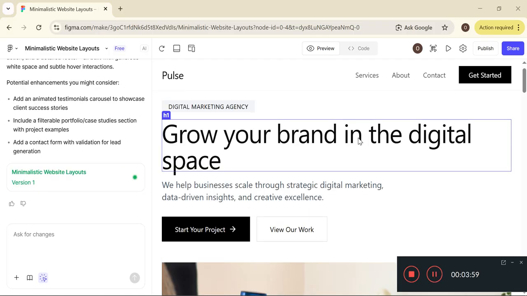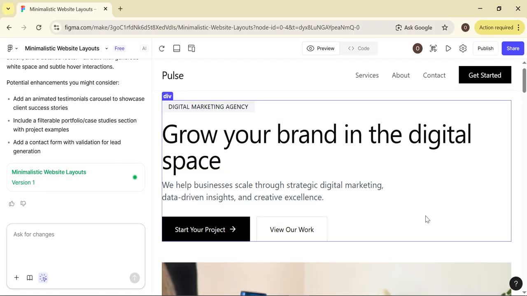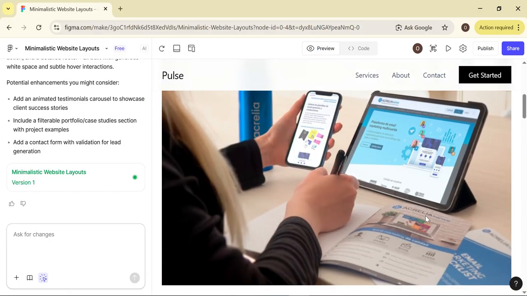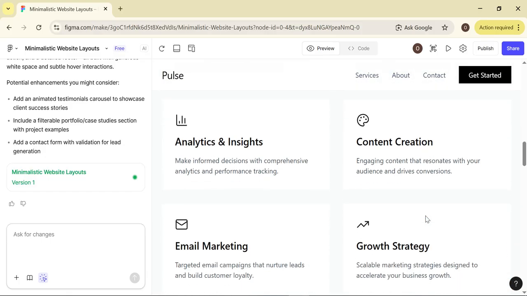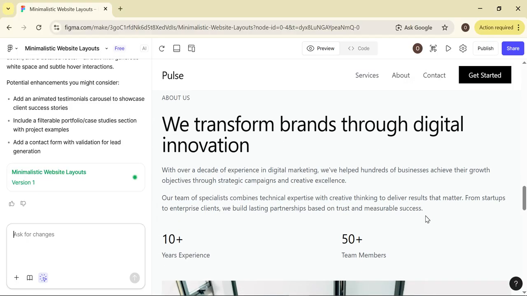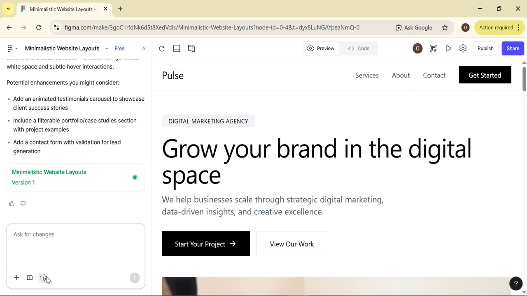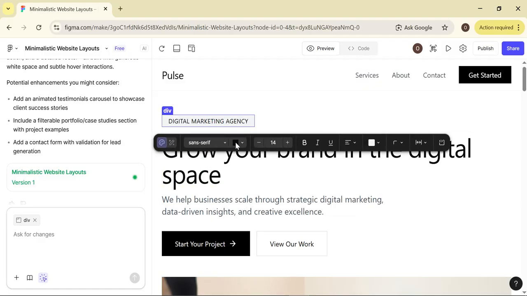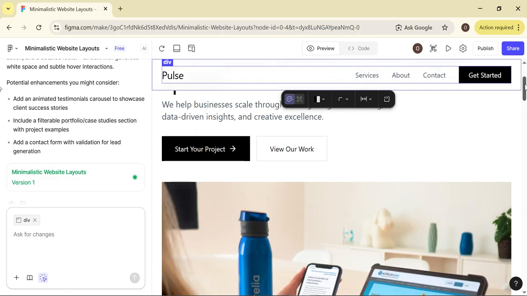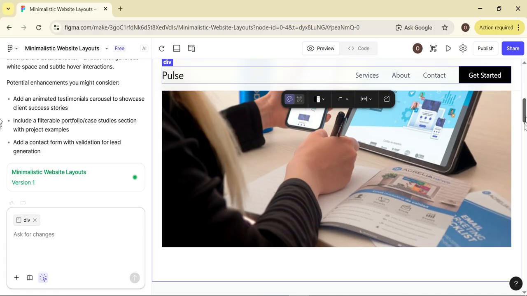Finally, you can see that it has generated a design layout for us with just the help of a single prompt. As you can see the quality of this layout, each and everything is mentioned for our digital marketing based agency. If you want to make any changes, you just need to click on this button. Enable this button and then you can make any kind of changes that you want to do. You can change the header settings as well as the text font colors. You can also add a header, and if you want to change this photo, you can do each and everything with the help of this tool.